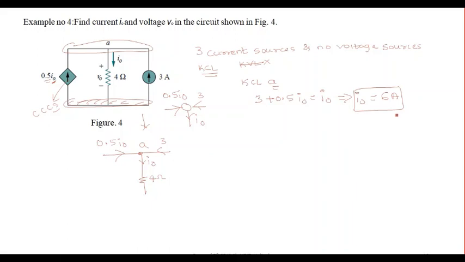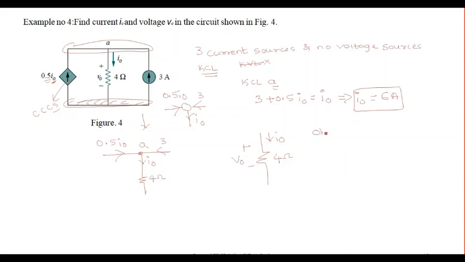Okay. So if you check out these things, then what is the another requirement? We need to find V naught as well. So where we have this V naught? We have V naught here. Okay. So if you consider the V naught here, it is associated with the 4 ohm resistor. So if I redraw this 4 ohm resistor here, just for our reference, something like V naught is mentioned and I naught direction is mentioned.